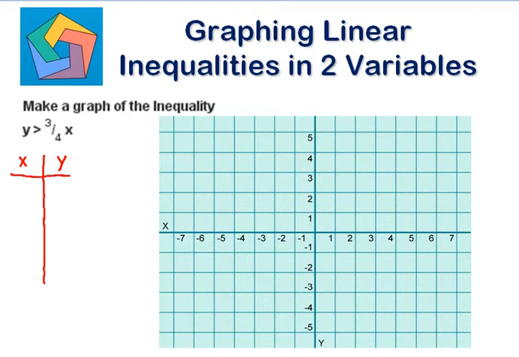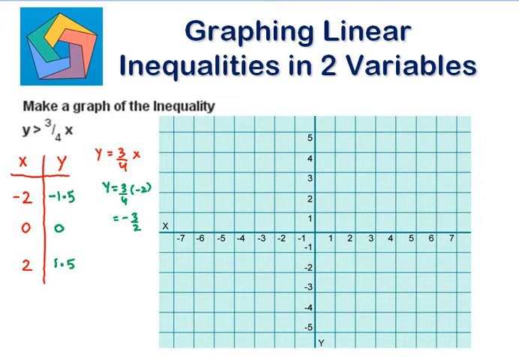Let me take minus 2, 0, 2 points. When I substitute minus 2, let me assume this inequality as y is equal to 3 over 4x to create the t-chart. So when x is minus 2, my y will be 3 by 4 times minus 2, minus 3 by 2, or we can say minus 1.5. For 0 it will be 0, for 2 it will be 1.5.